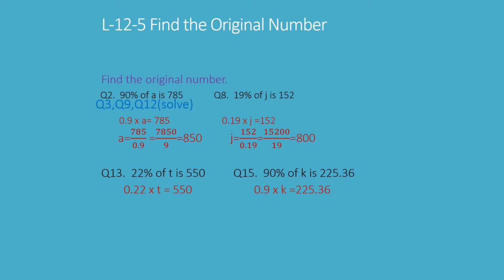The same question here. 19% of J is 152. Then convert into a decimal: 2 decimal places to the left, 9 and 1, then put a decimal point. And multiplying J is equal to 152. Then how to find this one? Divide both sides by 0.19 and you get J is equal to 152 over